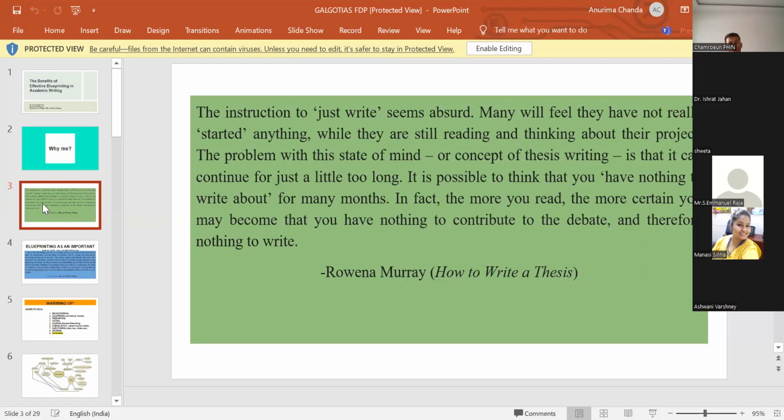Now, coming from that sort of environment with a very traditional thrust on education, when we come to colleges, to universities, and we are suddenly expected to produce an extremely critical piece of writing, very original, where you're supposed to enter into an academic conversation, this becomes a very, very daunting exercise. So to tell somebody to just write is an absurd expectation to have of research scholars. And this is not just for school students.